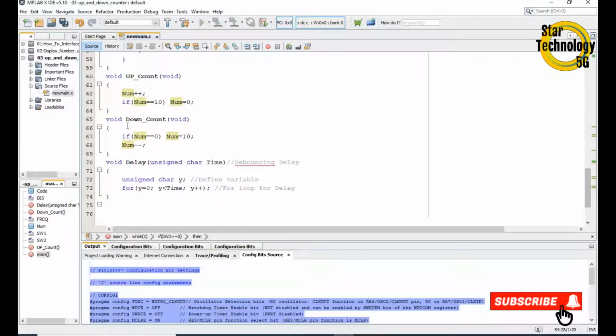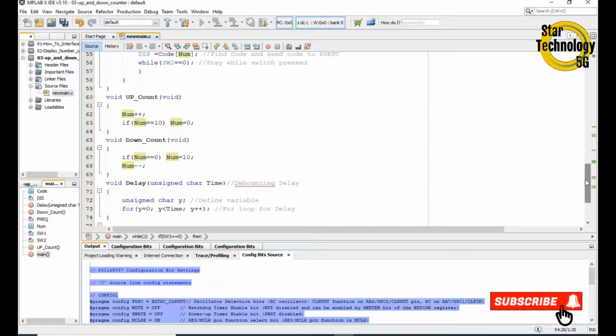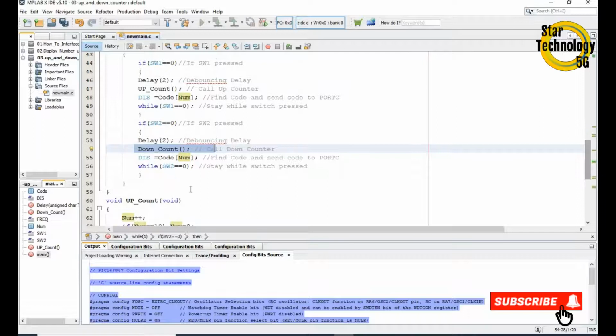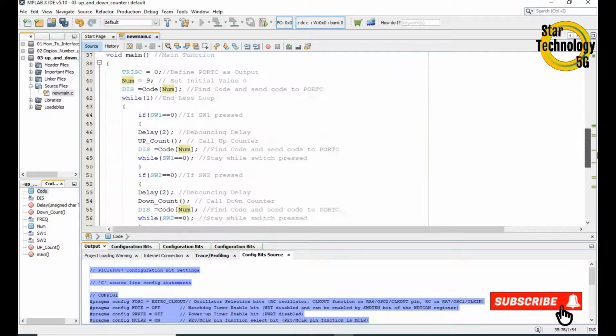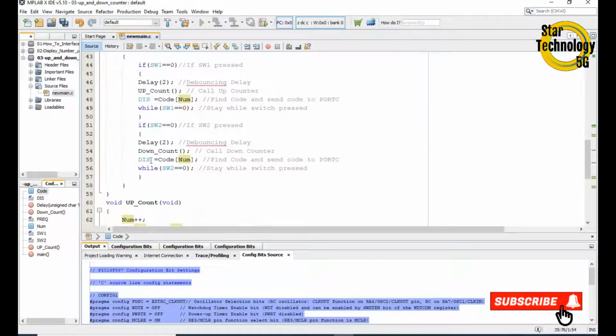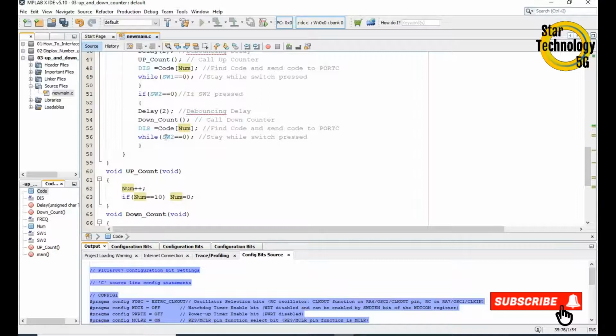Here is the function of the down counter. If num is equal to 0, it will set num equal to 10 and it will decrement the value of num. After that it will send that num to the code array, and the code is found from this array and sent to the display, and the display will show the result on the 7 segment display, and after that it will stay here.